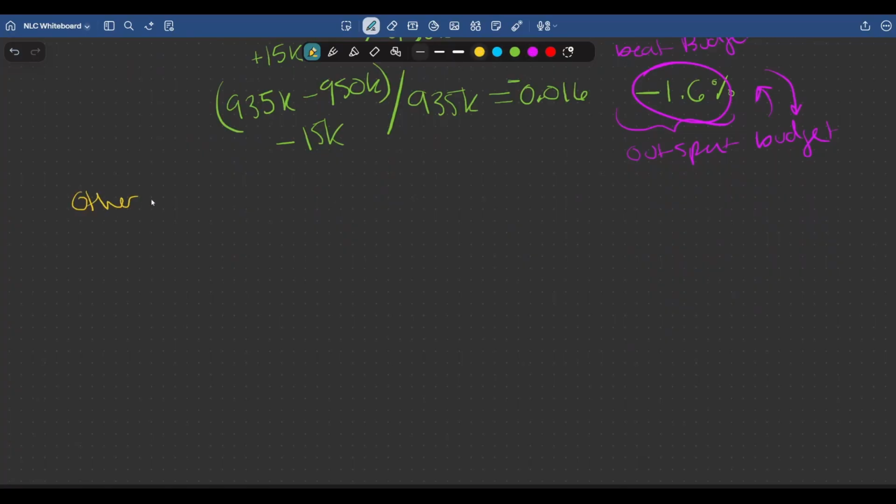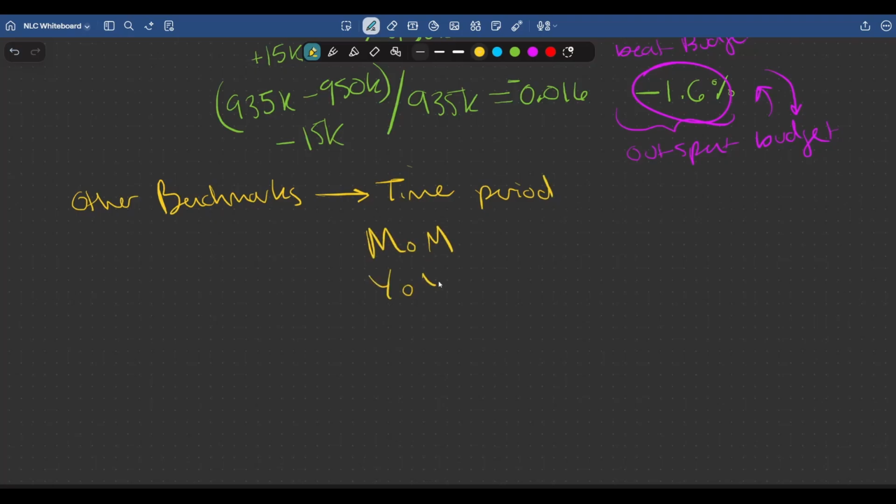It's not just the budget. The budget is pretty common, but there are others that might be used. And often the other most common one is time. So you might be looking at a specific time period, right? So like month over month or year over year, you might compare the variance across years. Or another one that's common is same time period